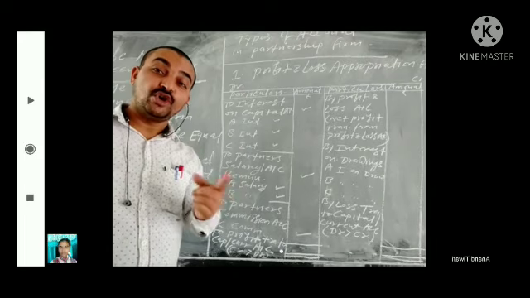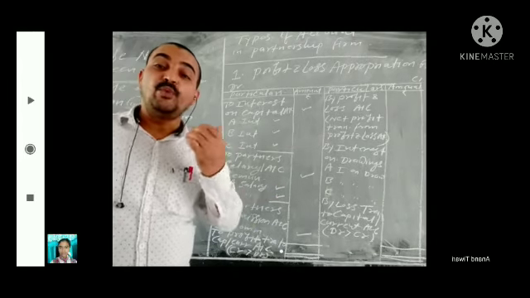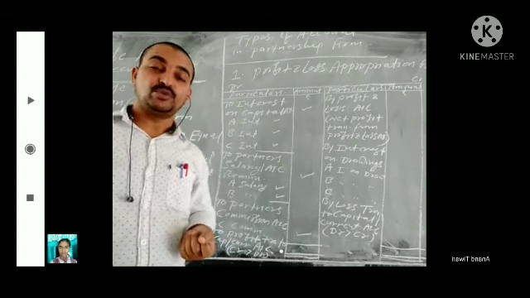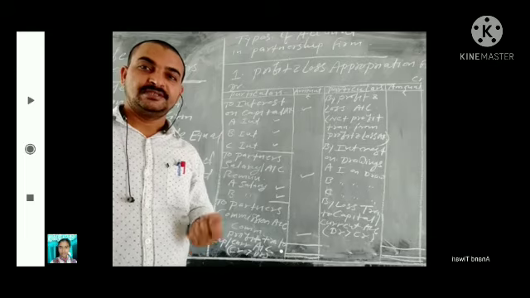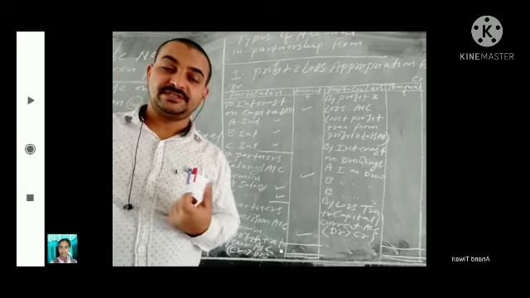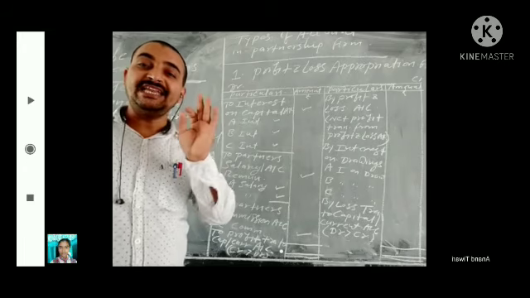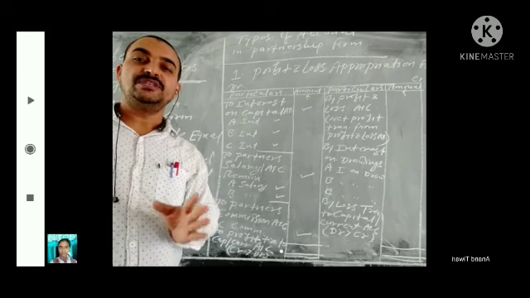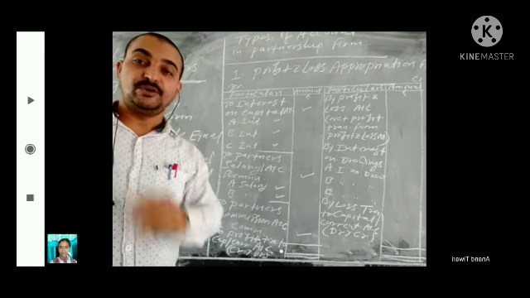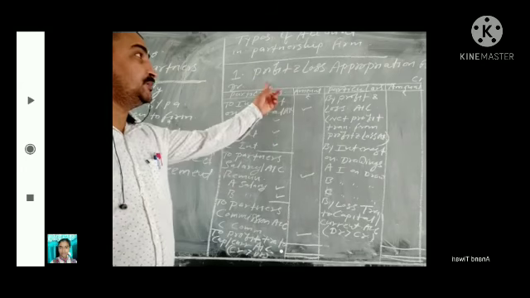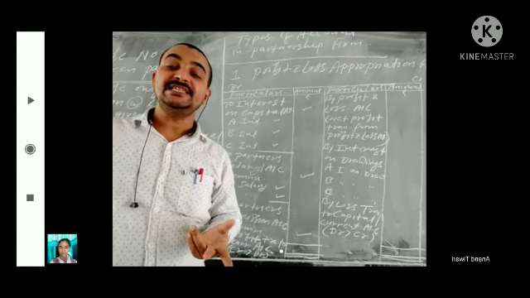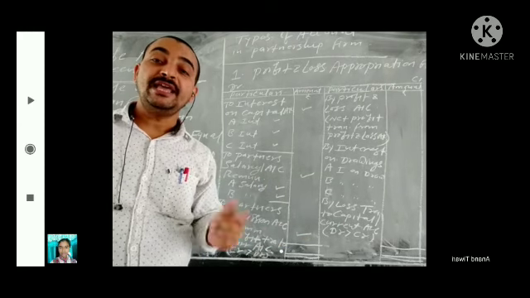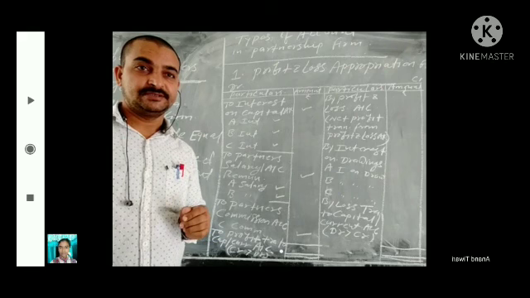Another 1 mark question related to this asks: what is the nature of profit and loss appropriation account? Yes, it is a nominal account. Any account which shows profit or loss is called a nominal account. So that will help you. Profit and loss appropriation account's nature is nominal account. Items which you are showing are called appropriation of profit. Is it clear?